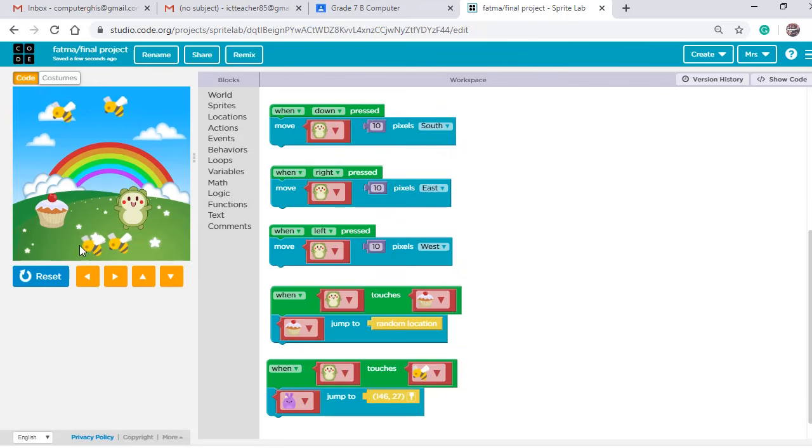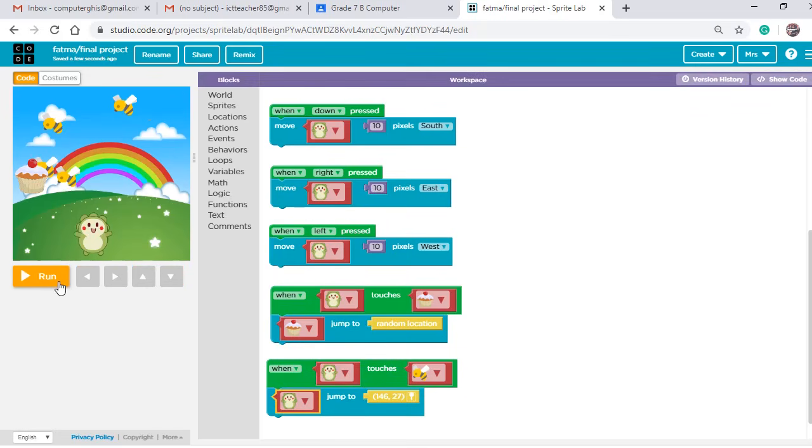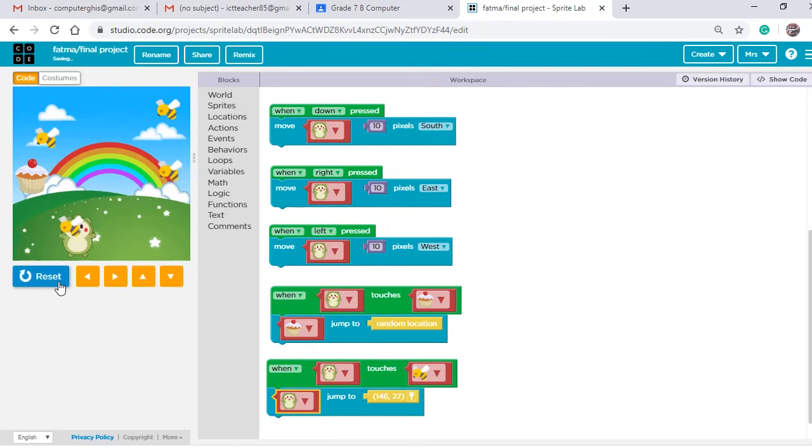Reset and run. Okay, try to touch any of the flies. Okay, we didn't change the bunny. Okay, reset and run again. Okay, he will return back. If he touches any of the flies, he will return back. Moving to the right, up, he will return back. Okay, we need to get rid of them. Okay, up,